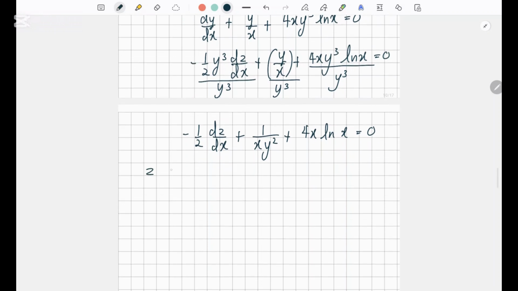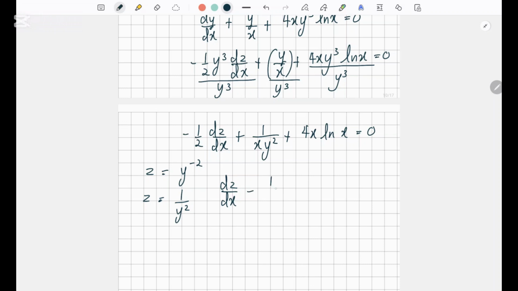Now we know z equals y to the power minus 2. So z equals 1 over y squared, right? Now before I go any further, let's multiply everything by minus 2. So now we'll have dz over dx